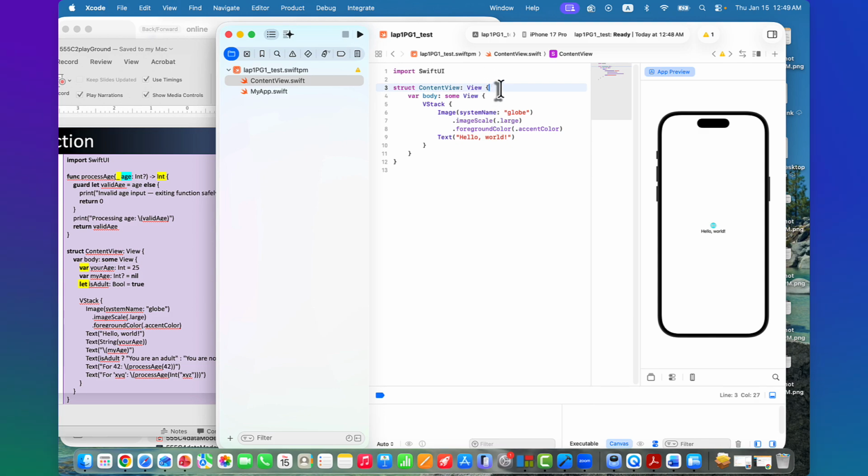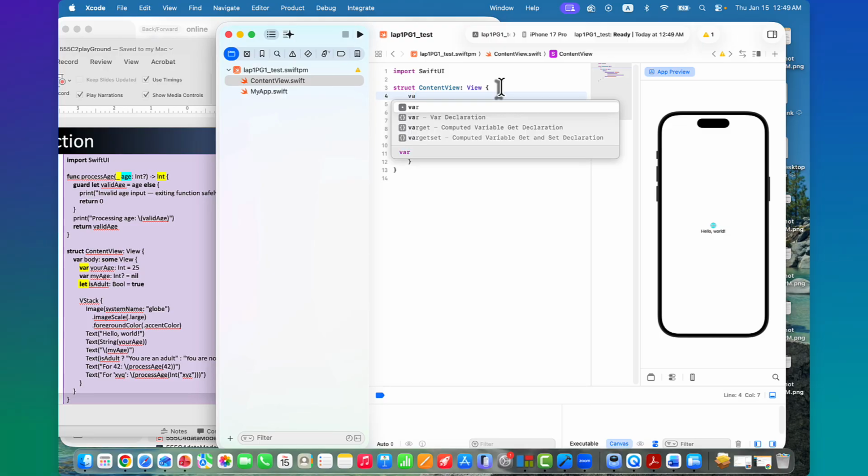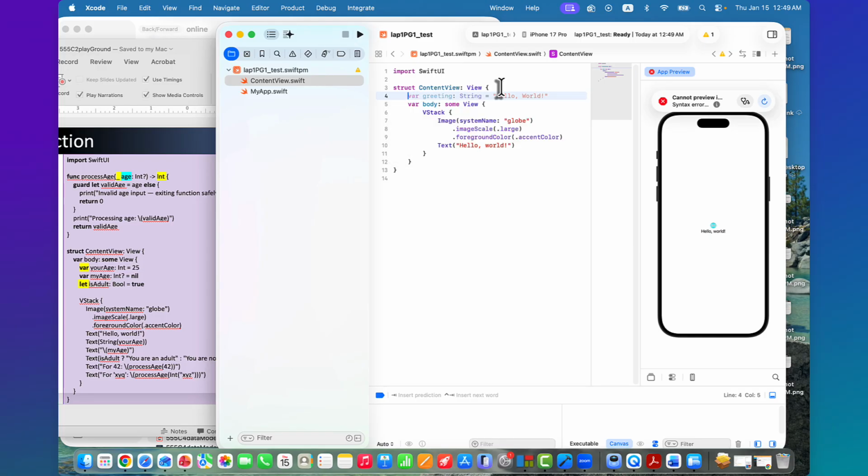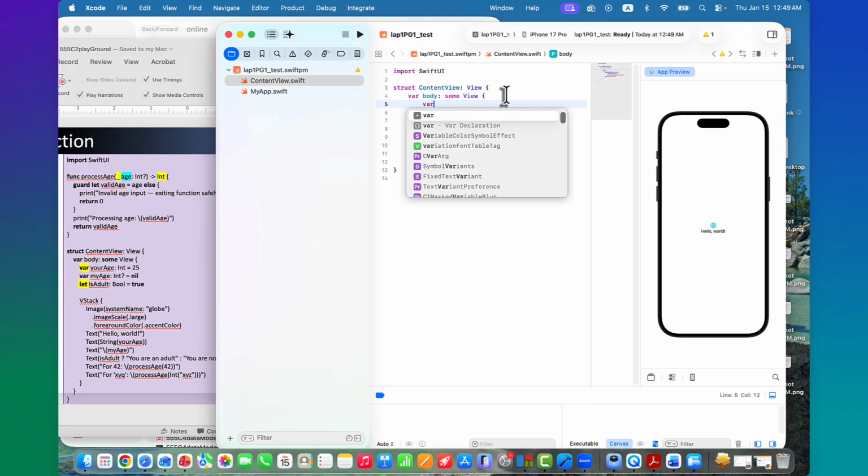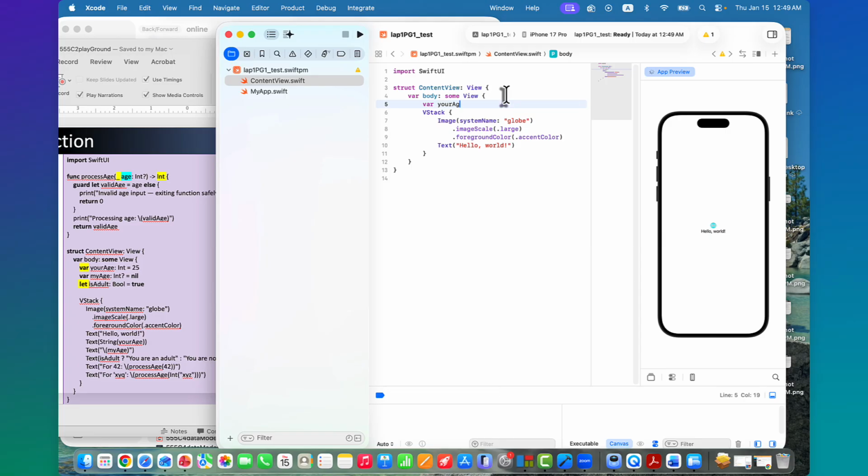So a lot of buttons, but we will look at that later. So here, for example, we have to do this inside here. I want to declare a variable, your age. And we can say here 25.